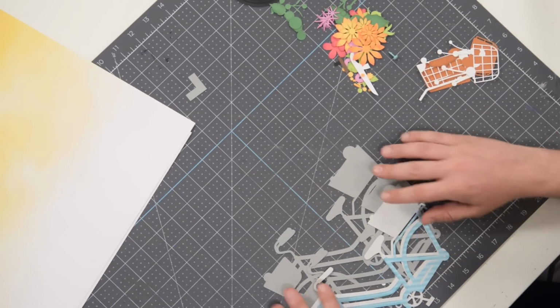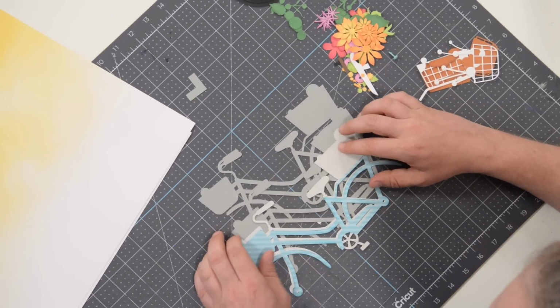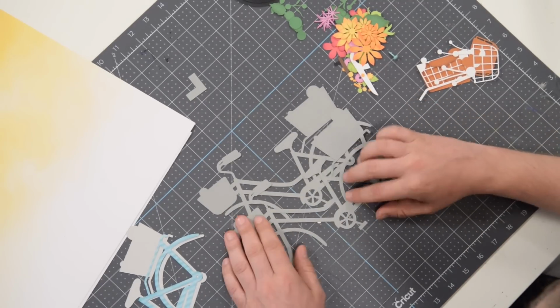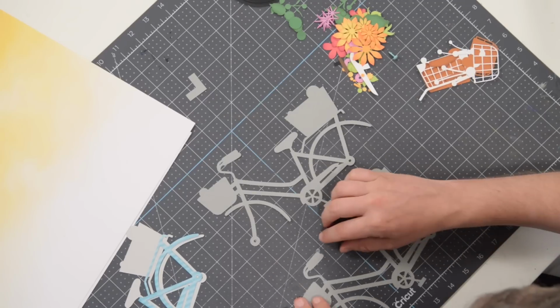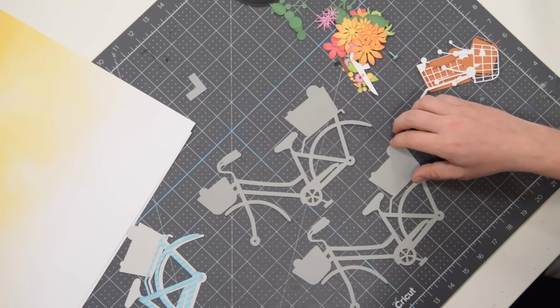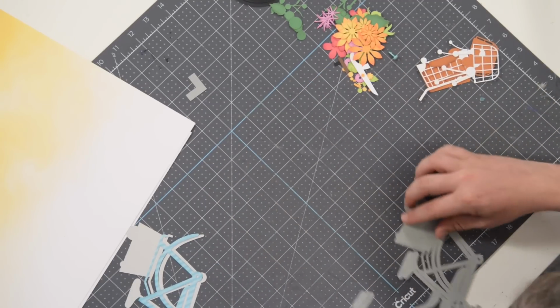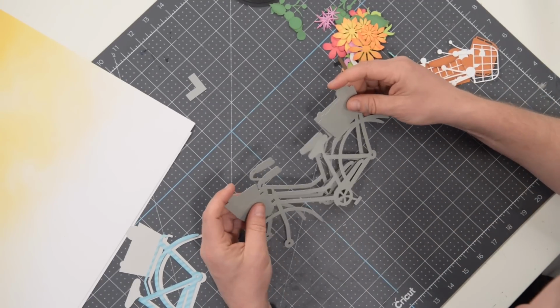And of course, we're going to be doing some layering here just to make sure that our bike is nice and stiff, so that it can support all of the weight of all the little flowers and such. Ultimately, we're going to foam square this onto the background, but for now, we're going to first start off by